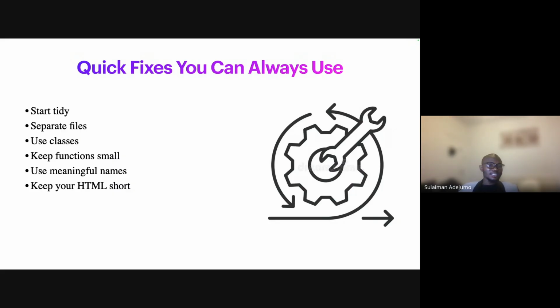Right. So next is keeping your functions small. In JavaScript, a function should do one thing and do it well. Small functions are easier to understand, easier to debug, and easier to reuse. When a function gets too long or tries to do too many things altogether, it becomes confusing and harder to control. So breaking your logic into smaller, clear pieces is a habit that will help you as your projects